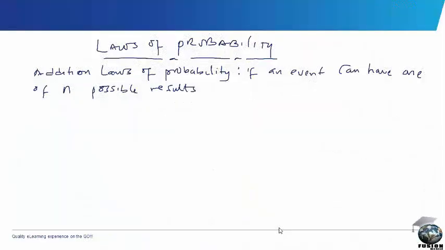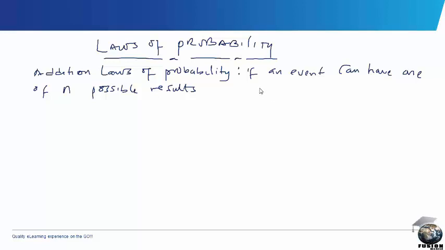Hello and welcome to today's class. For this class we shall continue from where we stopped on our probability class, and we'll be discussing the laws of probability. And then the addition law has it that if an event can have one of n possible results,